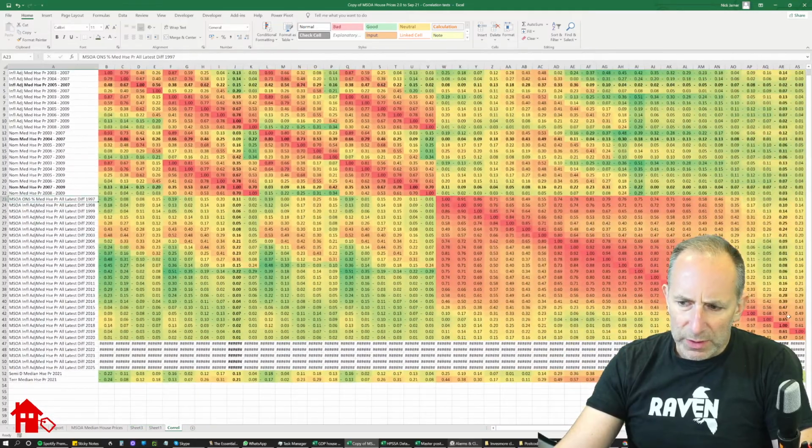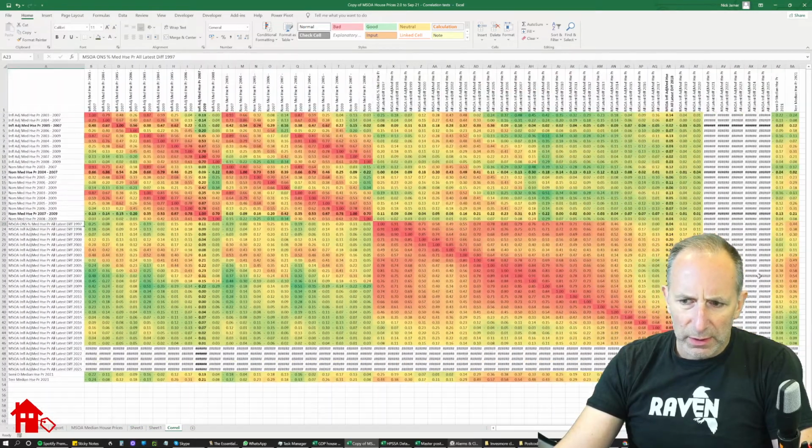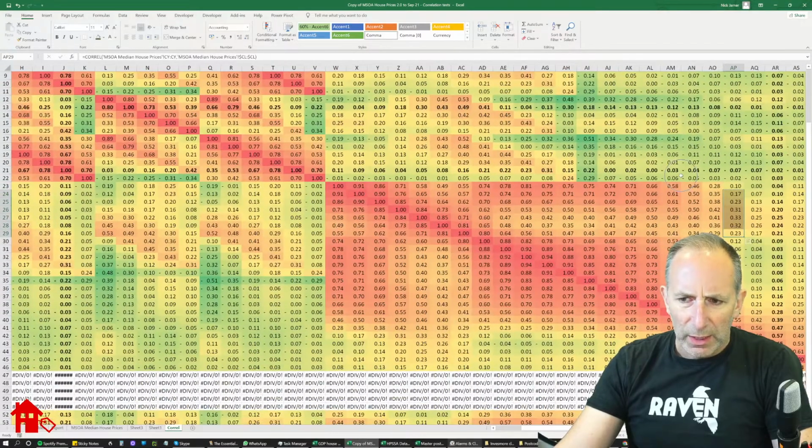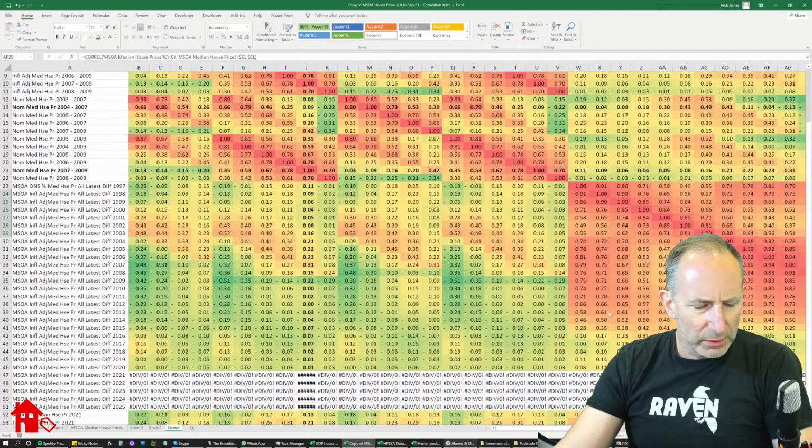One thing I've noticed is that when I look at house price correlations, and remember that if it's below 0.5, I'm like, well, okay, that's kind of interesting. And above that, I pay a lot of attention. And generally speaking, what I've noticed is that